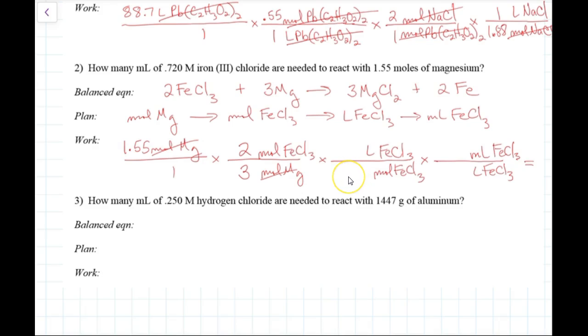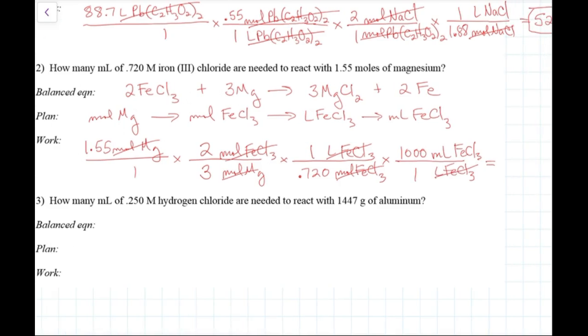What number goes next to moles of FeCl3 if I have liters on top? Okay, so this is where the molarity goes. So in this case, it's going to be 0.720 moles because of that, and that's per 1 liter. Okay, so that allows me to cancel moles of FeCl3. And then what number goes next to milliliters? Good, should be 1,000 per 1 liter. And so if I do my math here, I should come out with a pretty big number,